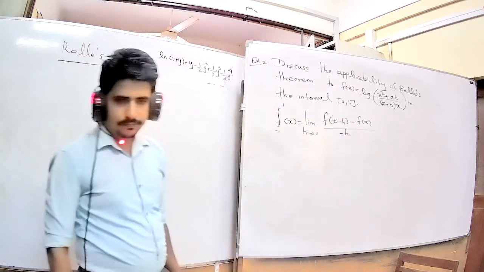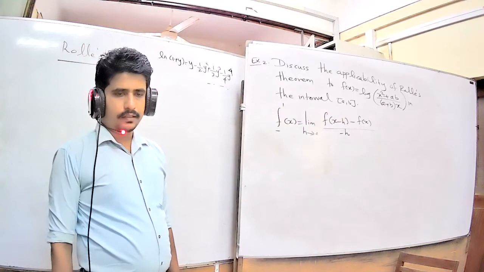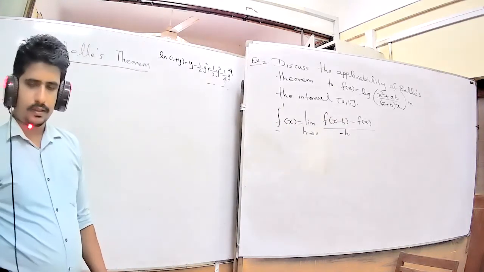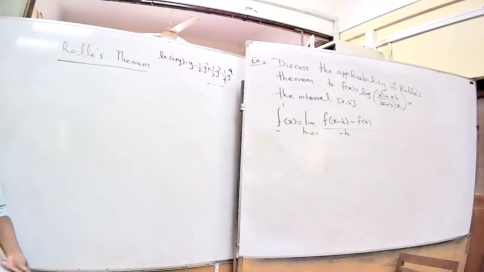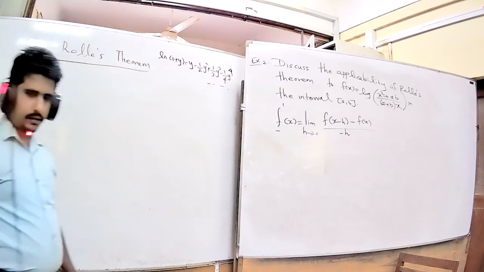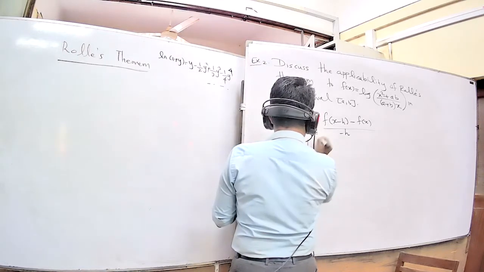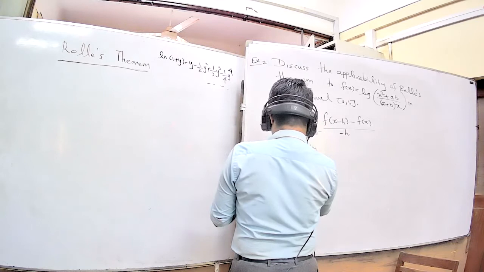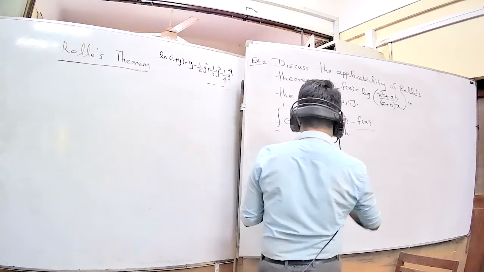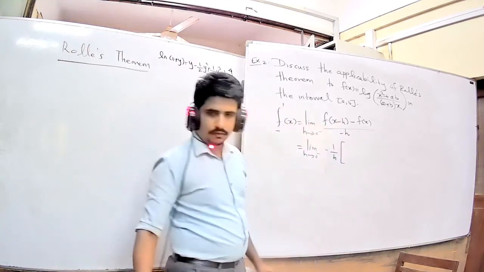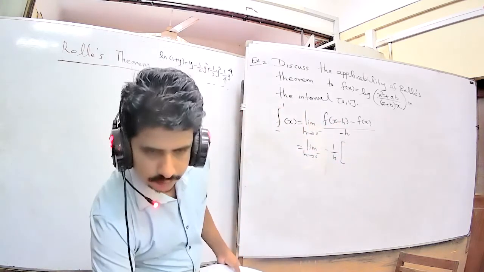Is it okay? It is the left limit. You want to find the left limit values. For that, the limit of h less than 0, minus, you can take minus 1 over h outside. Okay, minus 1 over h outside. Then